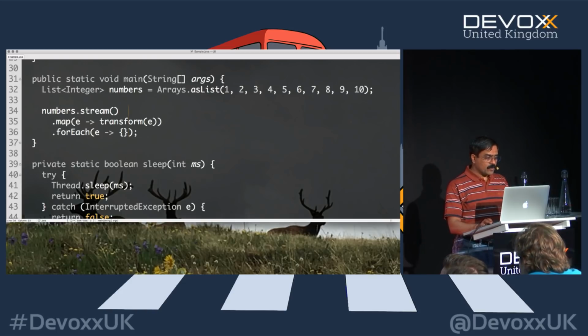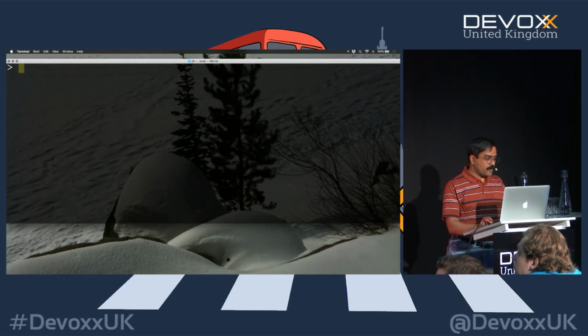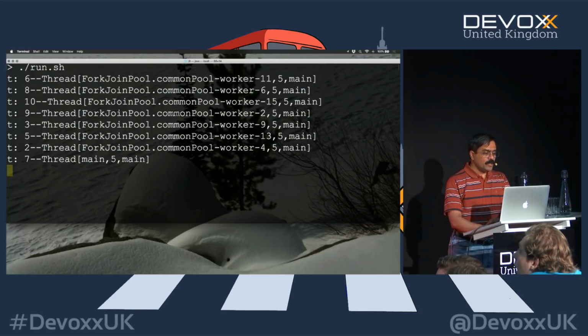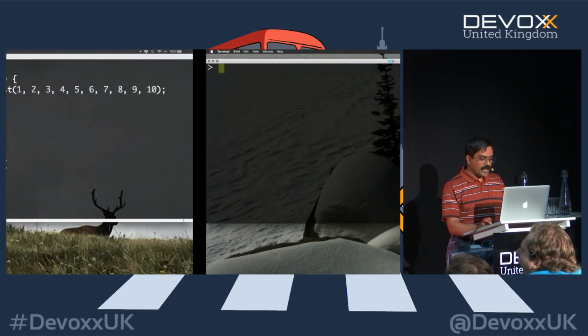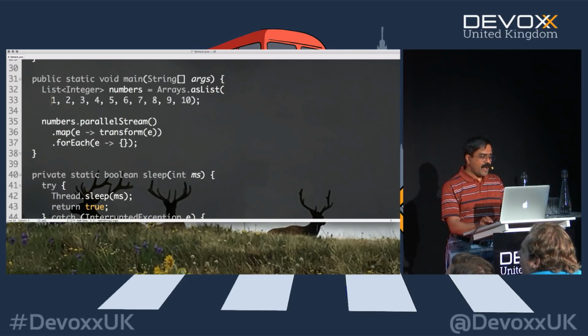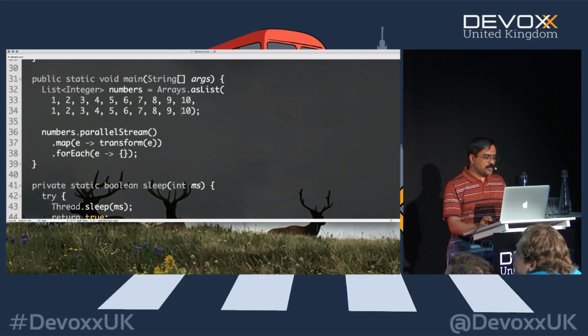Now when we go back and run this, here is a parallel stream, and execute this parallel stream right here. You will notice that it's running, but more important, notice something else real quick. I have these values 1 through 10 right here, but I'm going to change it to another set of values, let's say 11, 12, 13, and so on.